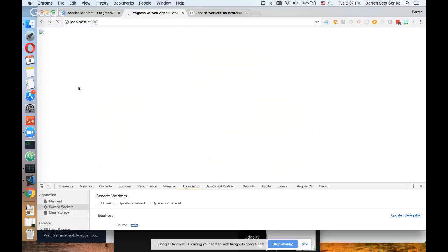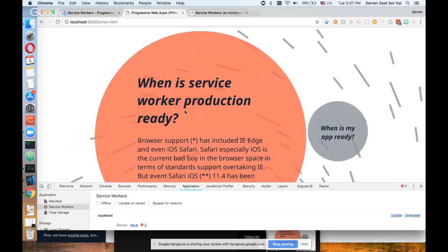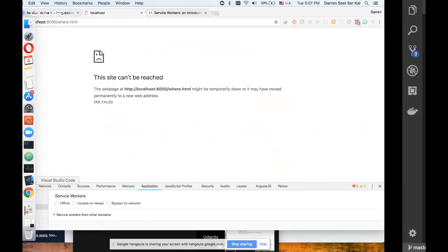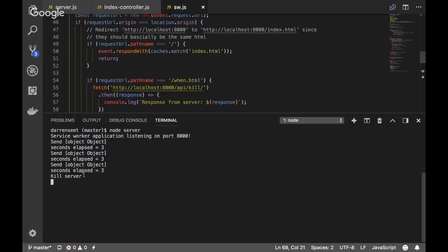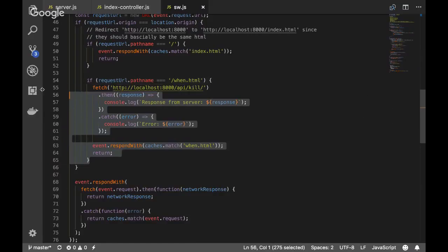So this actually demonstrates to you that service workers cache your static content. So I could still access my static pages that had been cached. But because the API is not cached at all, you get a 404. And if I open up my terminal again, I could kill this over here. So that was what this piece of code was trying to do.